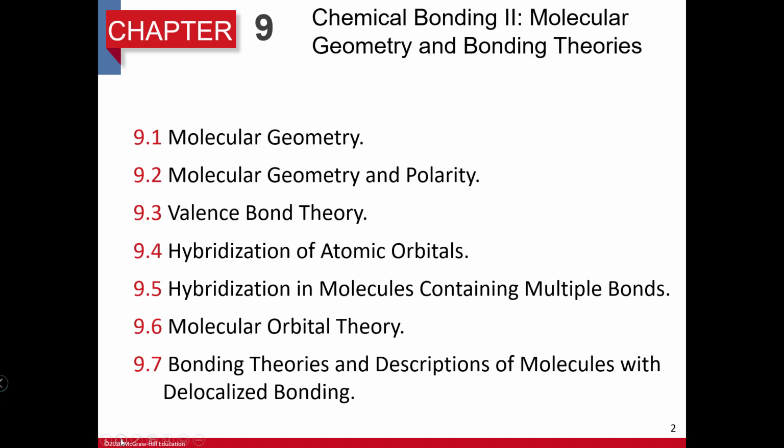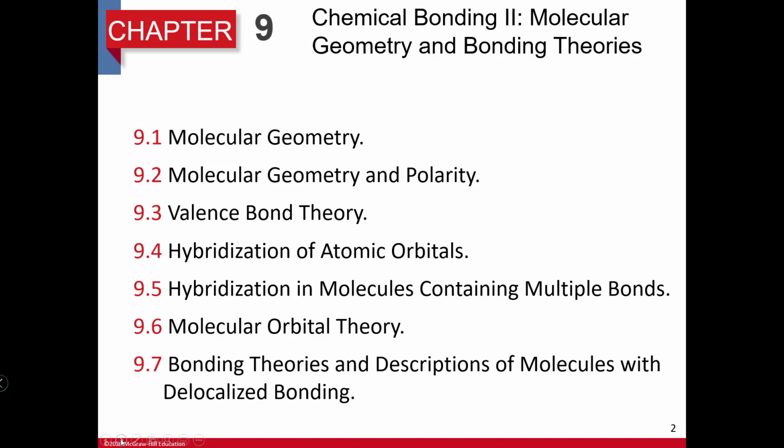Section 3, we've kind of talked about this. I'm going to talk just a little bit about it, and that is optimum overlap to create the electron shared pair, which is the valence bond. And then in section 4, we're going to do hybridization of orbitals. It's just a quick, easy way of talking about